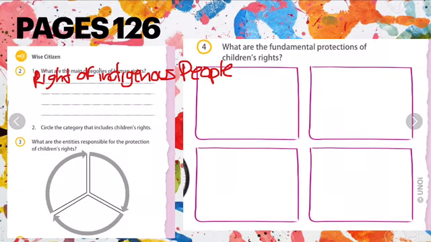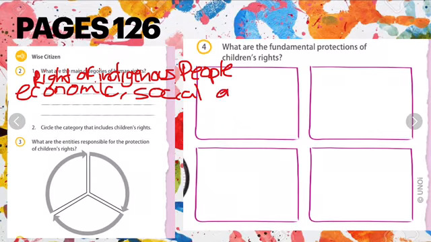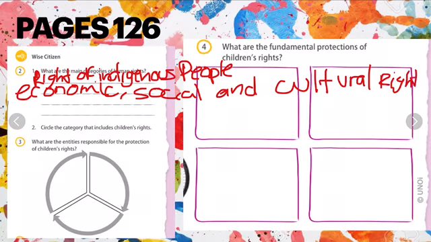What are the main categories? There are 3, right? But the other one also will be economic, social, and cultural right. Okay? The other one will be